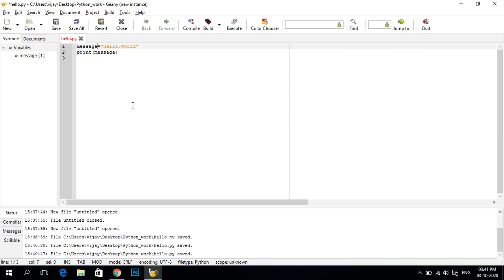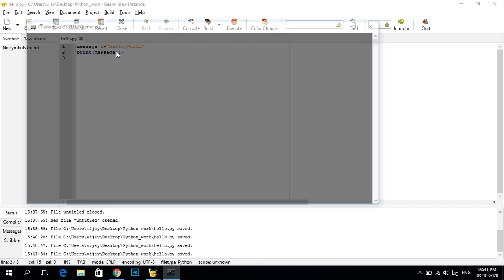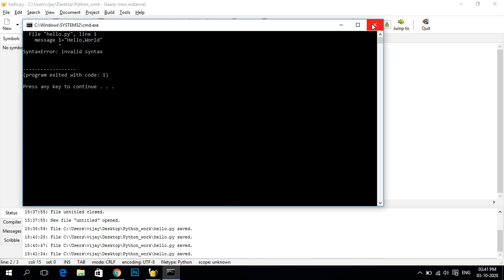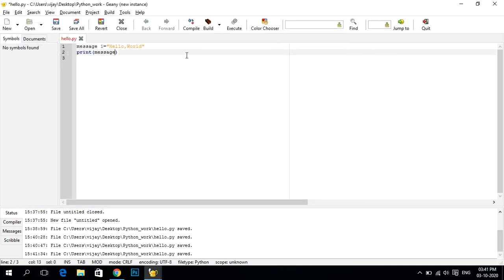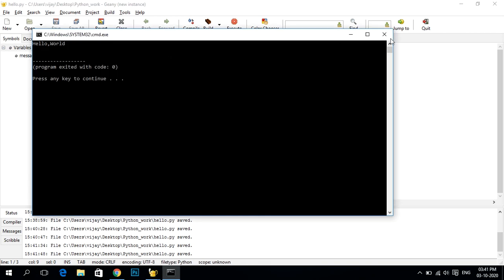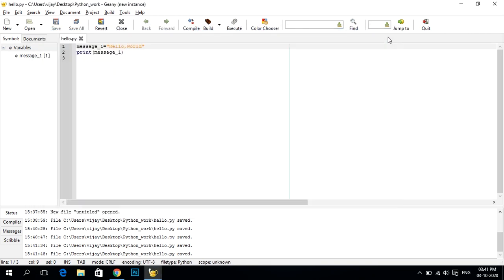If I write message 1 with a space, it will not print, because space is not allowed here and it will give an invalid syntax. So instead of this, I would write an underscore, and when I execute this, it will execute the file and print hello world.